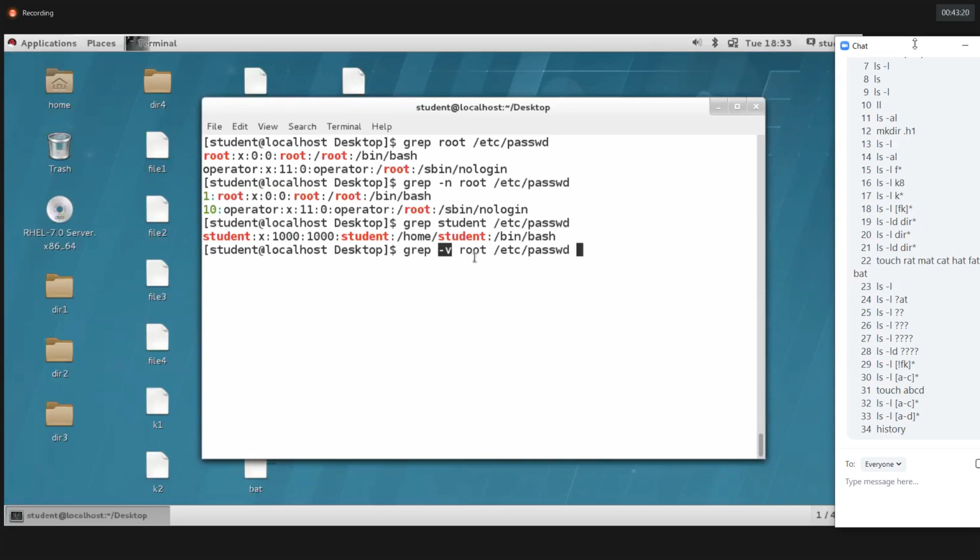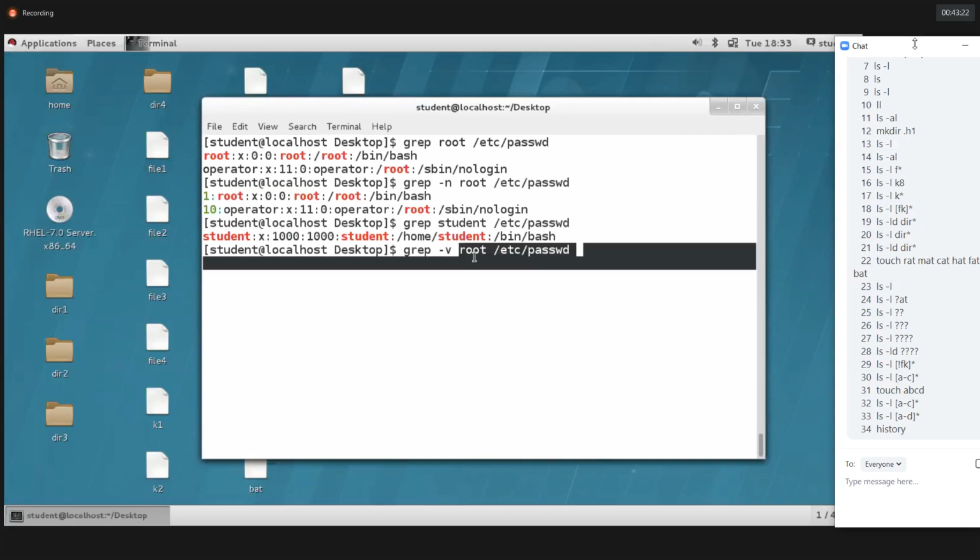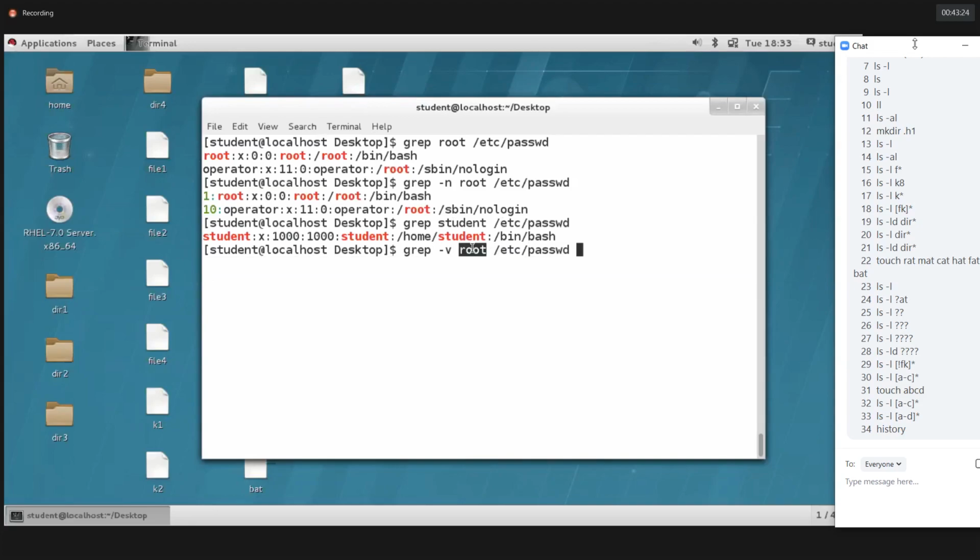I'm avoiding this root word. I don't require the root lines, the first line and the 10th line. Apart from both these lines, I need to print each and every line inside my file. /etc/passwd is the file name.